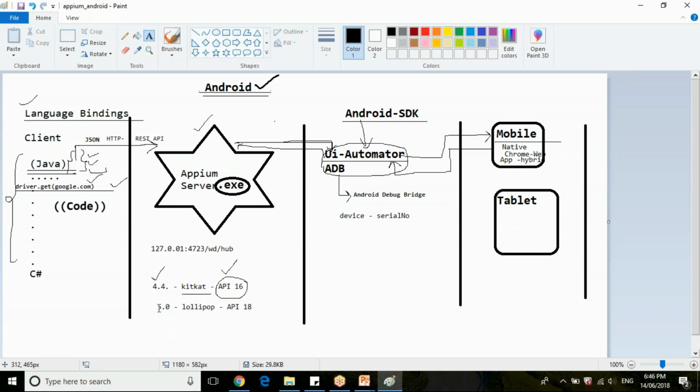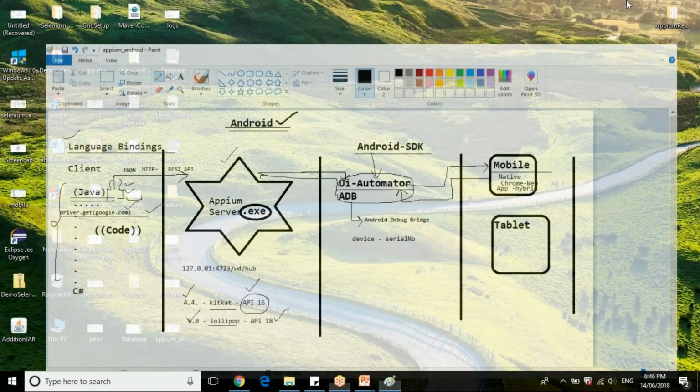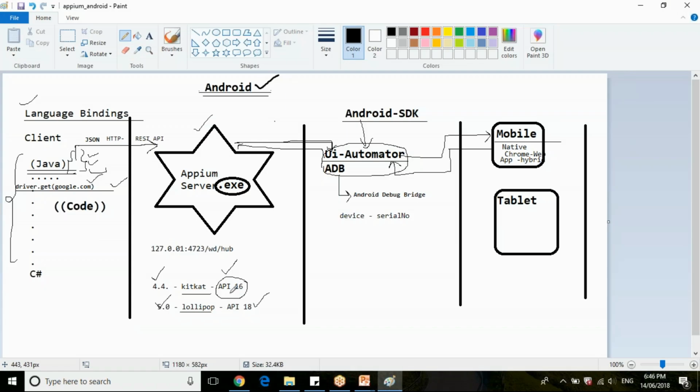This is how each and every Android version works. Your Android version is mapped to a name and a particular API level which is installed in your Android SDK. We have seen how to install Android SDK, right? I will show you how exactly you will be able to see these platform levels in the Android SDK folder. Okay.